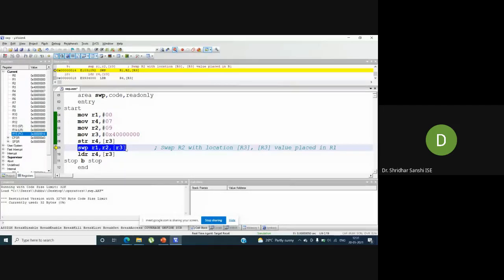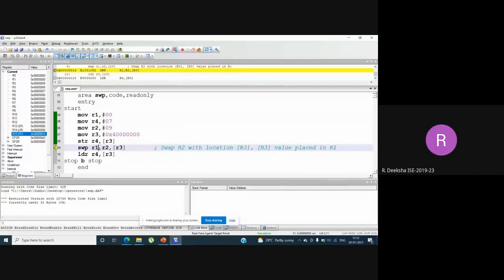So if I do the swap operation, what should be the content of R1? Anyone? What should be the content of R1? Answer, please answer. 9? 7? It should be 7.